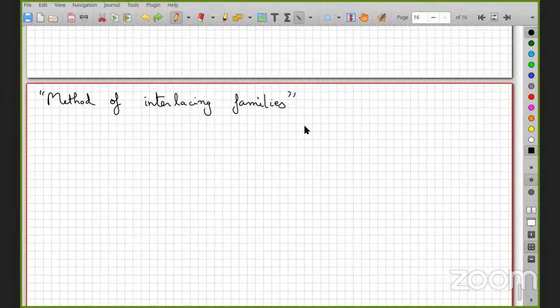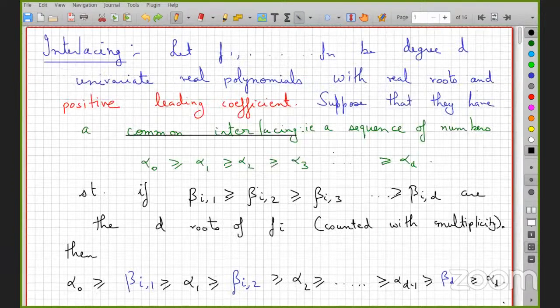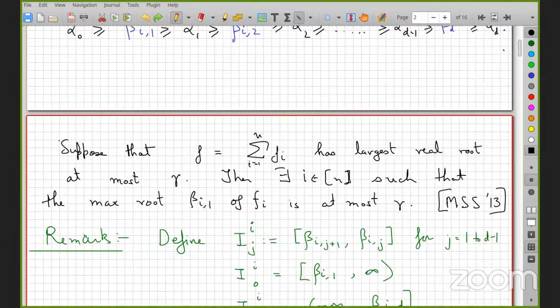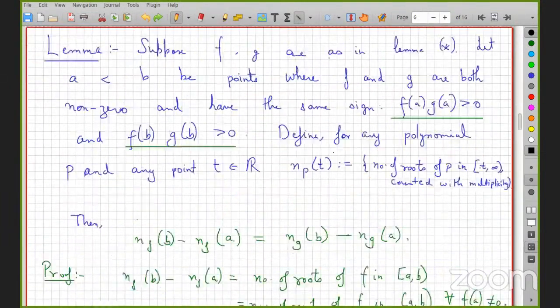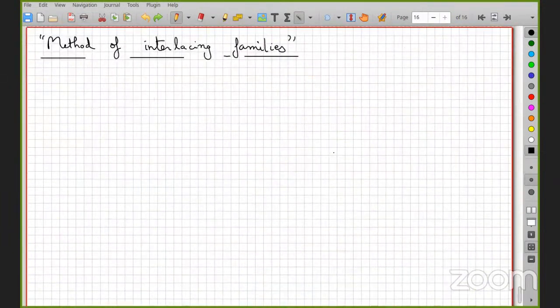So what is this? This is essentially an extended version of the lemma that we proved already. It will just slightly relax the condition. So notice what the condition here was: you have a sum of Fis, all of them have a common interlacing, and then you have this. Okay. So under certain special conditions, you can relax this a little bit. So the idea is this. Now suppose that your